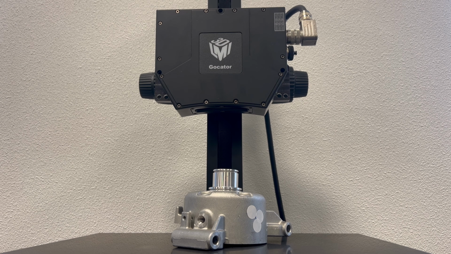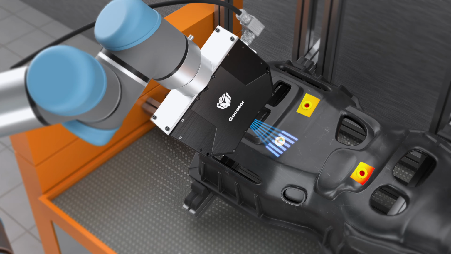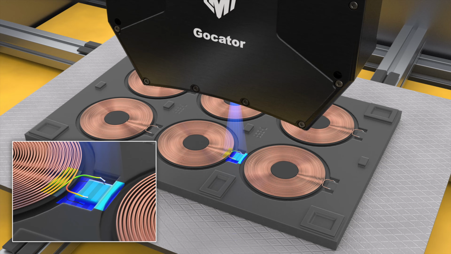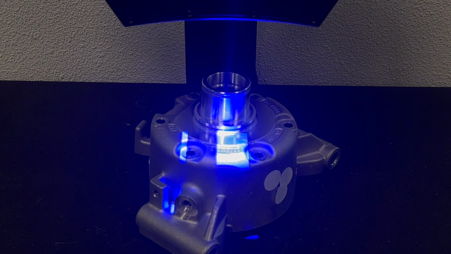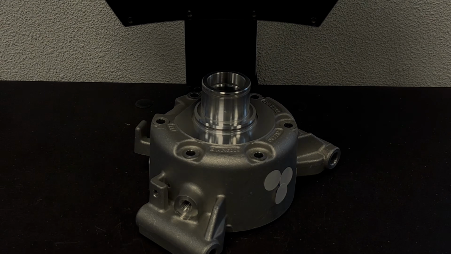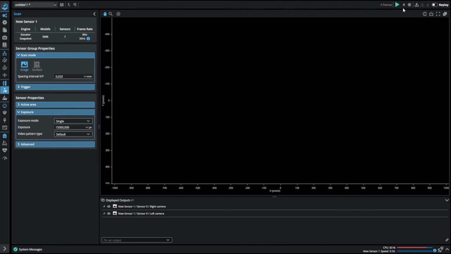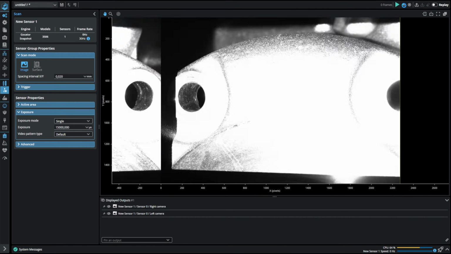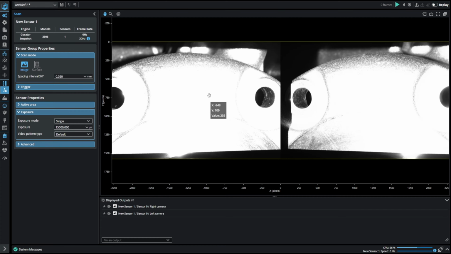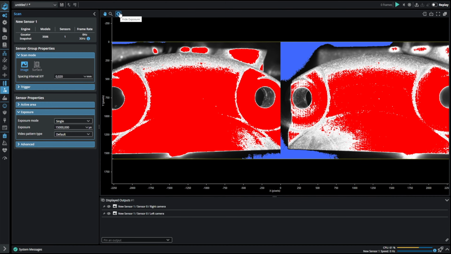This sensor is widely used in various industries such as automotive, consumer electronics, or general factory automation due to its technological advantage and intuitive built-in GoPxL software. However, some challenging surfaces require the experience and awareness of the possible settings that can improve data quality by reducing surface and edge noise, especially when scanning a shiny and reflective object such as the one we are going to